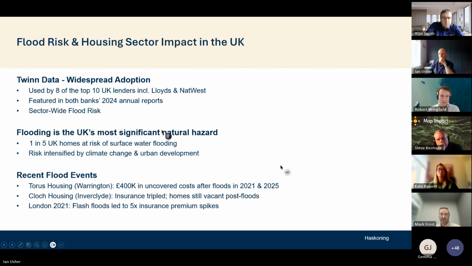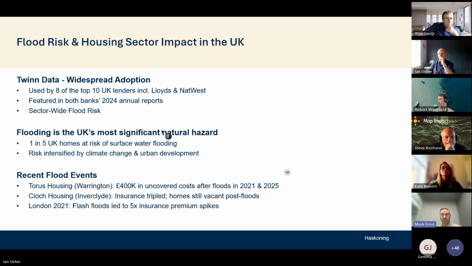Just a bit of our presence in the market. So Twin, we work with 8 out of the top 10 lenders, including Lloyds, NatWest, and many others. I mentioned that we featured in their recent climate reports. Obviously, those are publicly available. I've used an example from one of those in one of the next slides. I won't go into all of these points, but I think the main takeout is